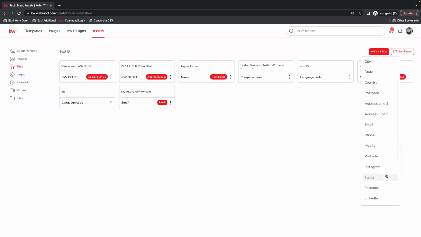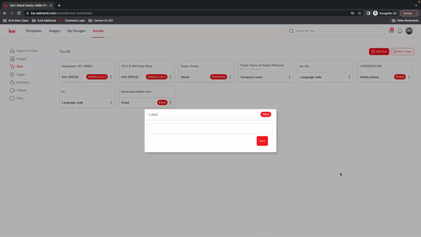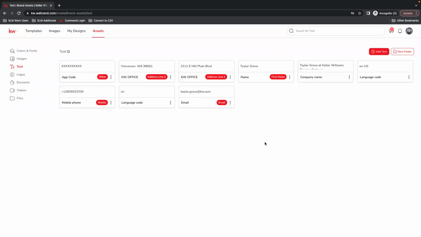You have our social media links or KW website. You can have your about me or your biography if you want that in there. If what you want in here is not there, you can select other. You can label it whatever you want. Enter what you want it to say and save. And now you have